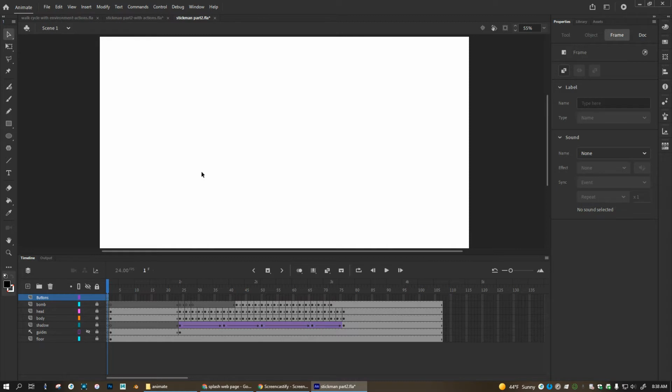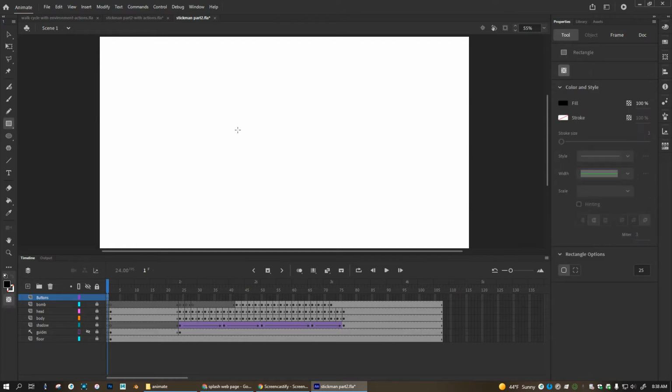What I want to do is start to create my buttons. You can use any shape, you can use any drawing to do this. And we're going to give these buttons some animated features as well. So I'm going to start with a simple rectangle, and I want my rectangle to be curved on the corners on all sides. So I have this option chosen, and it shows 25. If I want to customize them, I can say, hey, I want this to be 0, and draw my rectangle, and you can see a little stylized look to it, which is kind of cool. But I don't want it like that. I want it to just be a simple